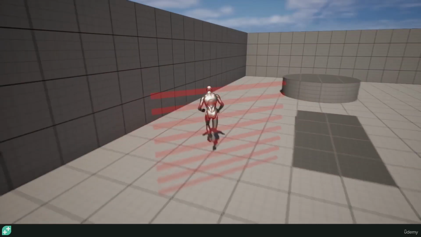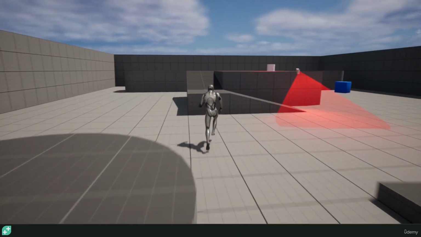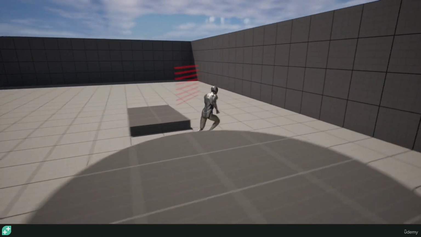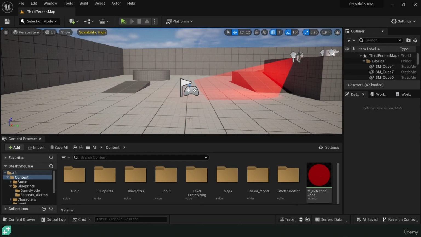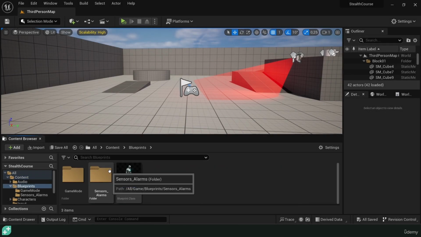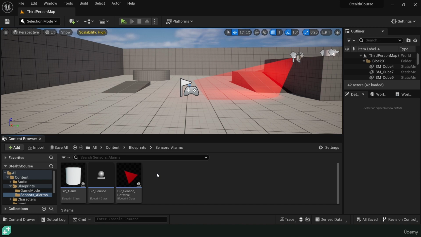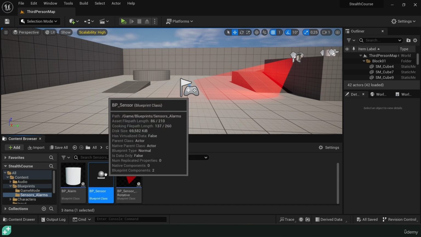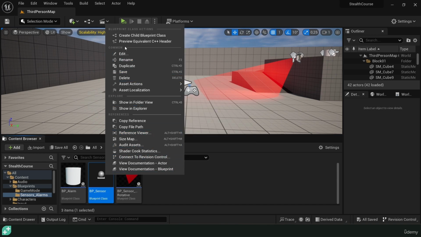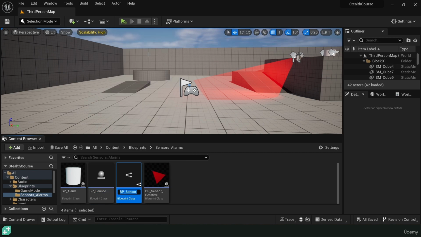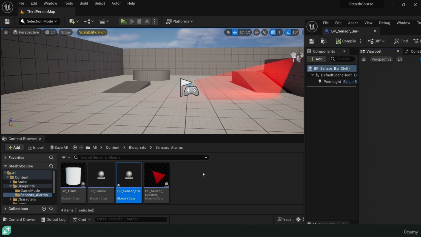In this lecture, we will be setting up the other type of sensor, the bar sensor. So let's get started. Alright, so let's go into our blueprints folder, sensors and alarms folder, and we're gonna be making another child of our BP sensor. So just right click and create a child blueprint class. In this case, let's rename this to be BP_sensor_bar, and let's go ahead and open this